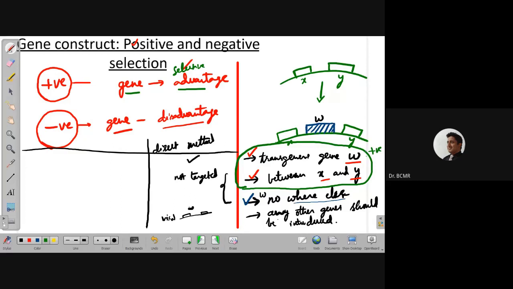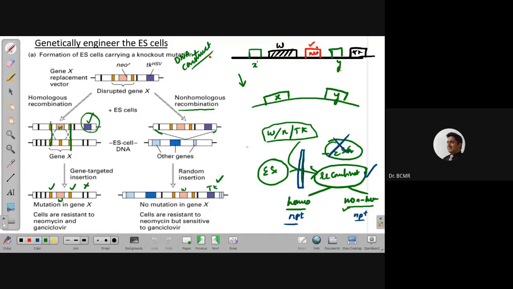Positive as well as negative selection, so that nowhere else is it included. We will get this. Another thing we haven't addressed is this part. No other gene should be introduced, right? What do we have here? If integration has happened,